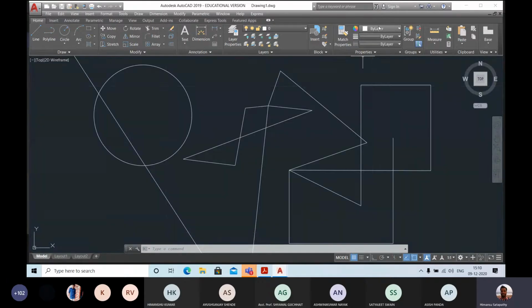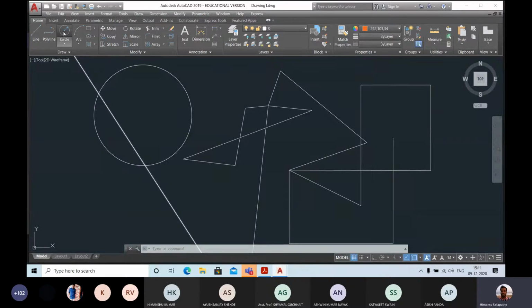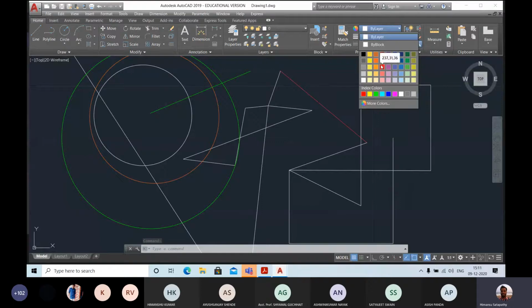You can easily click on the bylayer option, and you can find a number of color options. If I select a brown color, from now onward all the lines will be brown. If I select green color, then whatever line or circle I draw, or any command I use, it will be green in color. Or if you have already drawn something and you need to change it, first select the line, then go to the bylayer option, then select the color to change.